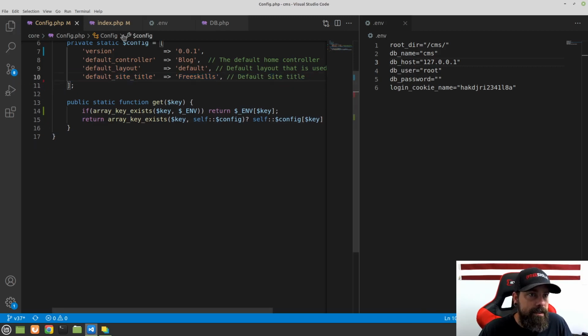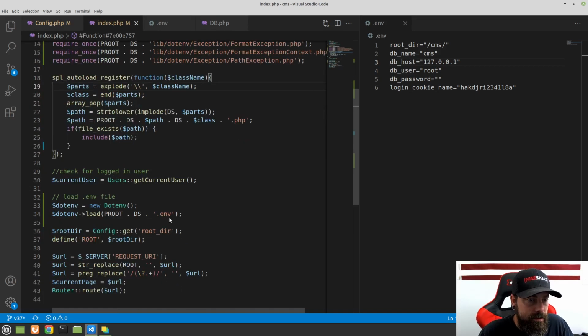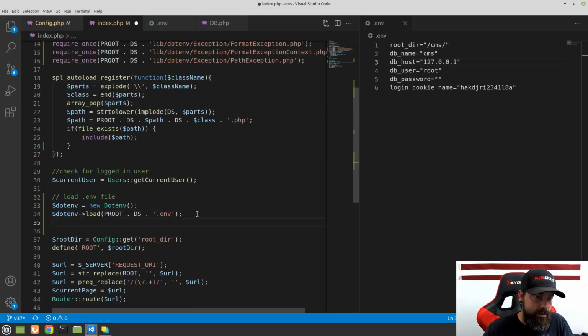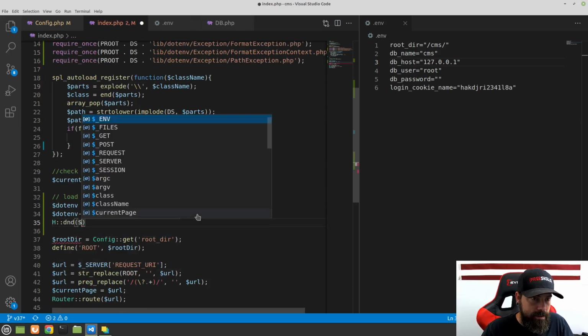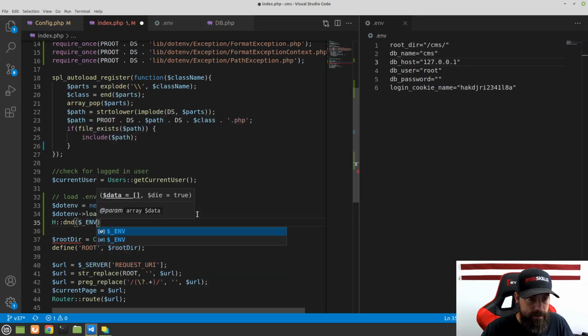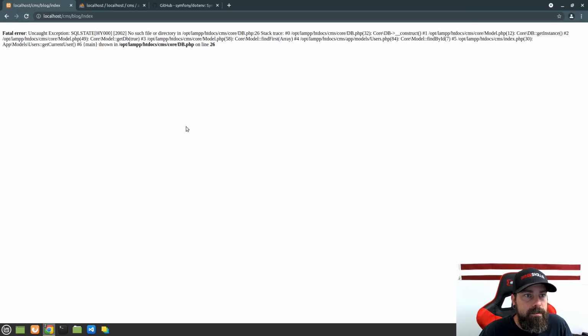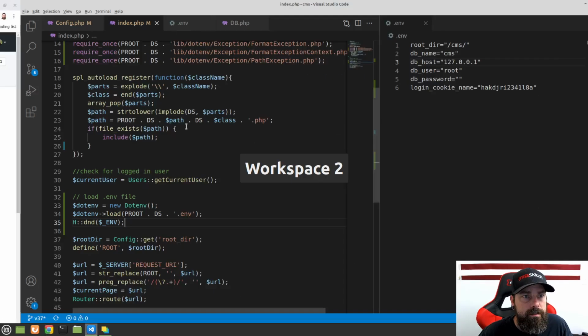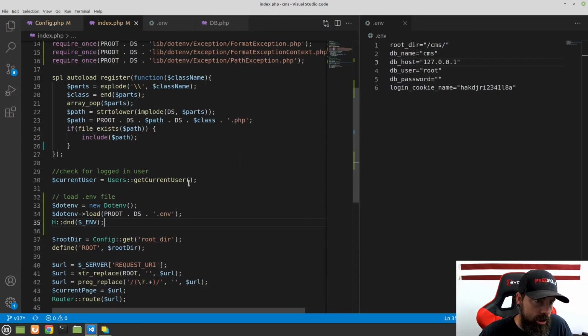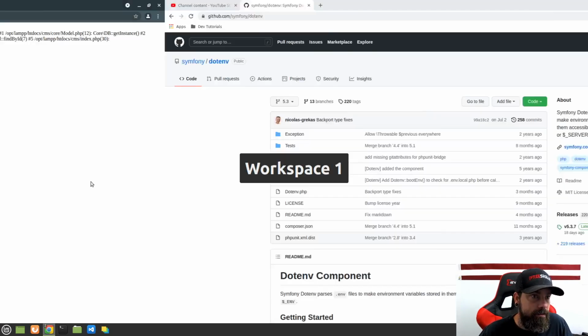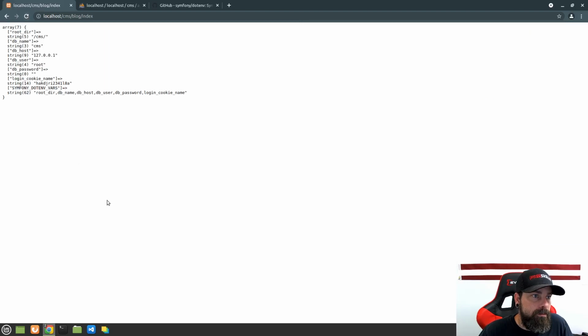And then let's go back to the index, and after this page is loaded, let's do our var dump and die. And let's see about our $_ENV. Let's just see what's in here. Comment that out for now. Oh,